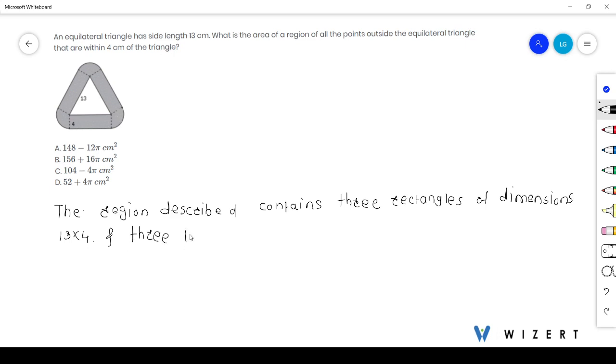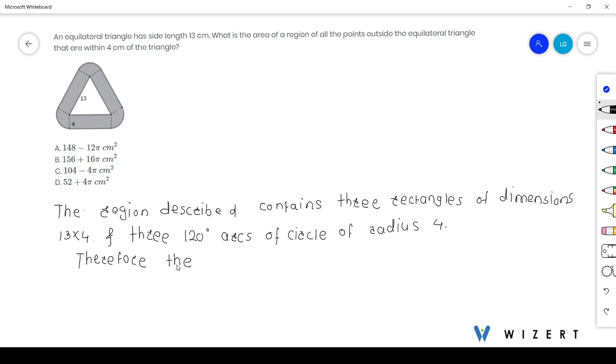3 120-degree arcs of circle, and these are with radius 4. Therefore,